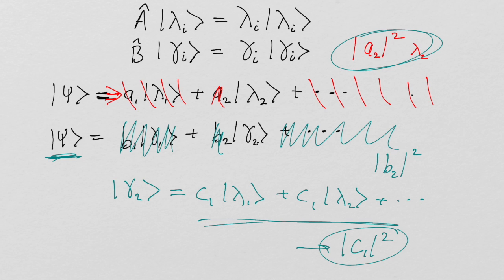So, did I say C1? All right, this should be a 2. That should have been a 2, right? It's random anyway. So you could have gotten lambda 1 with a probability of C1 squared. So the choice of the order to make a measurement, right? The choice of the order to make a measurement